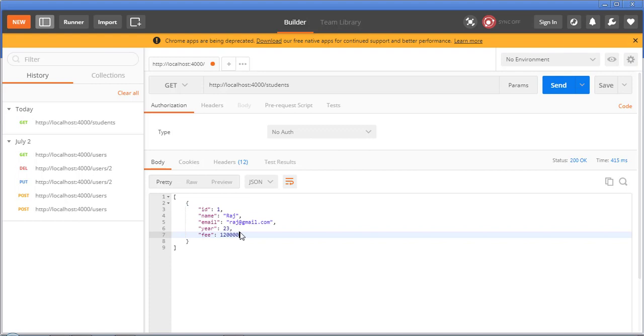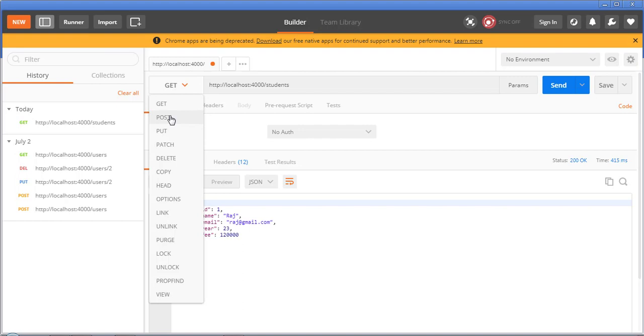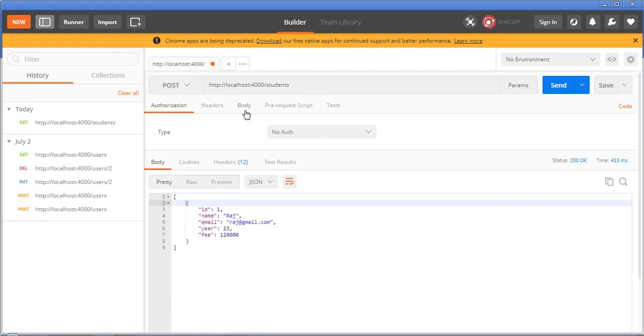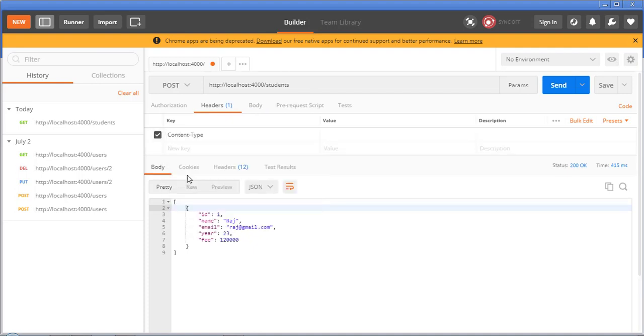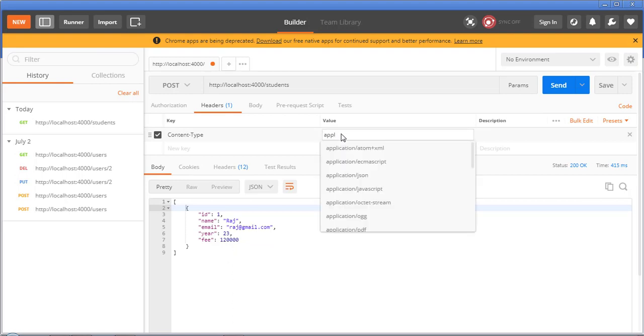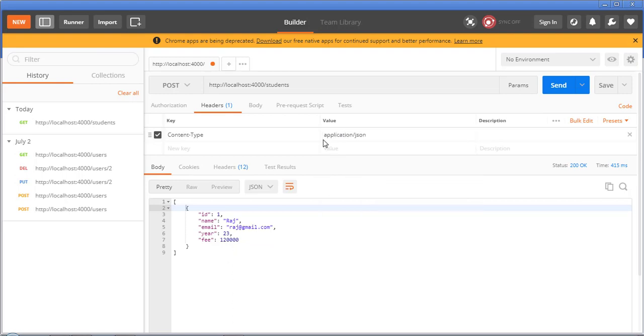Now what if I want to add a new record? For that, let me copy this record. From here we have to select a method called post, and let's come to the header, and here we have to provide content type, and that content type has to be JSON, so application/json.